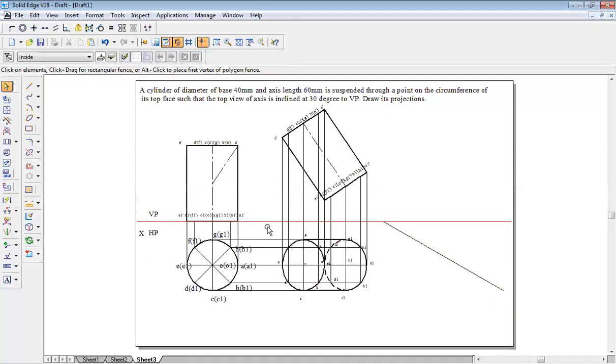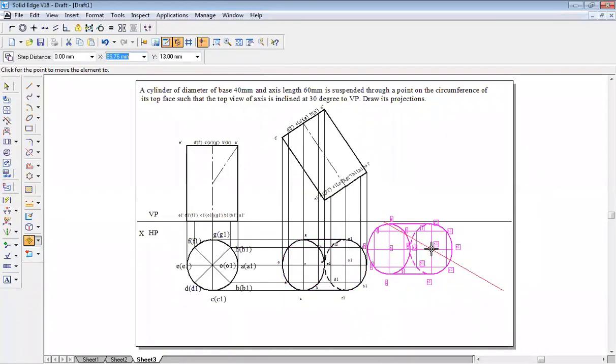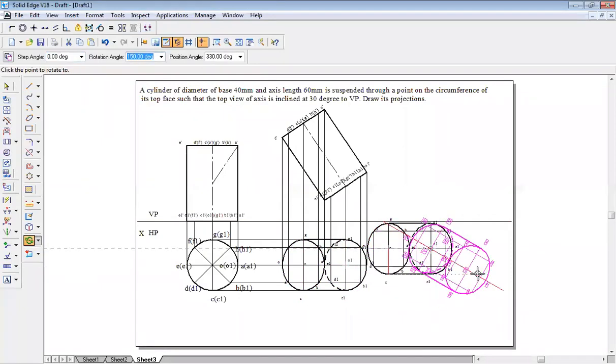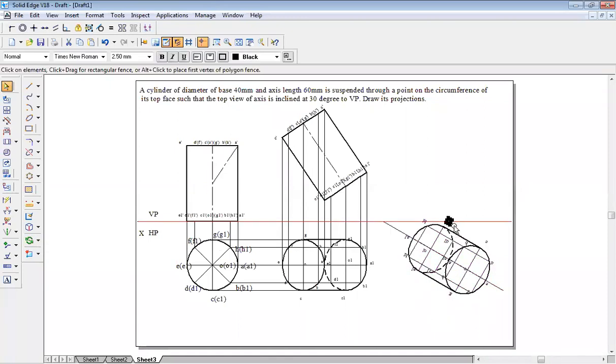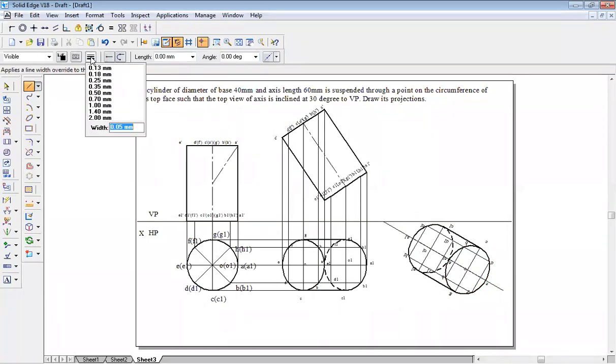Put it over here, select the entire thing, go to move command, switch on the copy option, O point, put it on the line. Go to rotate command, O point as a center, O1 point as a rotating element, rotate it on the line and place it up. Whichever is crossing your XY line, slightly put it down, so it will be safer. After doing this, go to line command, 0.05 line thickness itself, draw projection line from each and every corner.